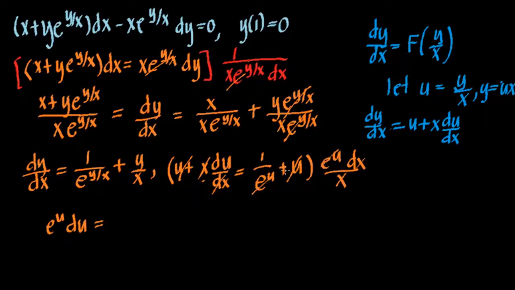Now next is integrating both sides of the equation. So we have integral of e to the u du is e to the u, and equal to integral of dx over x is the natural logarithm of x, ln of x plus a constant c. Now our u is equal to